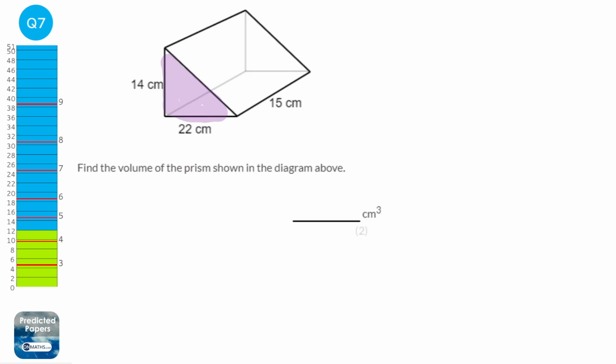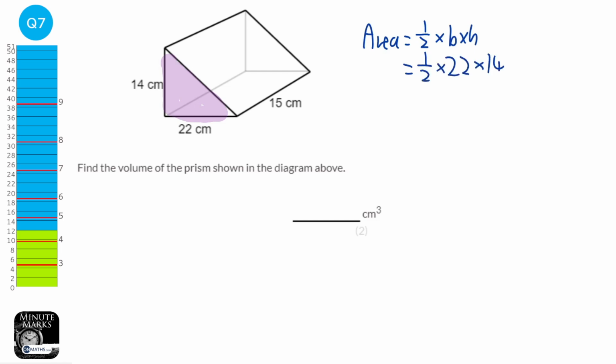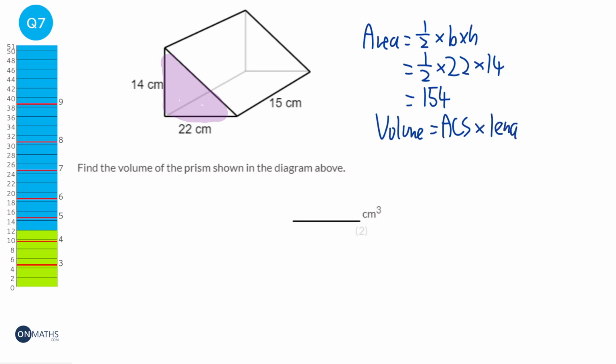So to do that, I'm going to do half times base times height. So it's going to be half times the base, which is 22, times the height, which is 14. That gives us 154. So the volume is the area of the cross section times the length. The area of the cross section we've just found out is 154, and the length is basically how 3D the shape is. So that's going to be 15. So the answer is 2,310